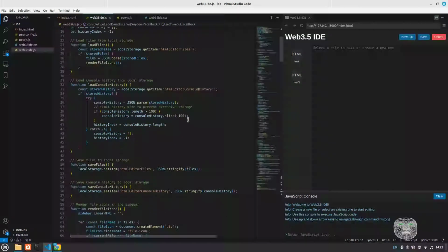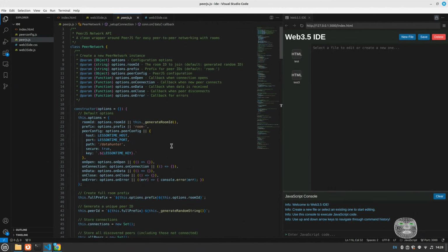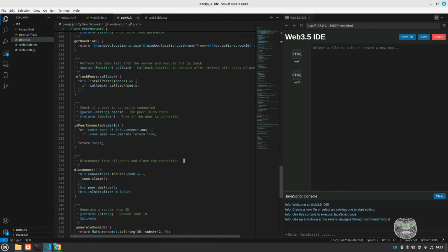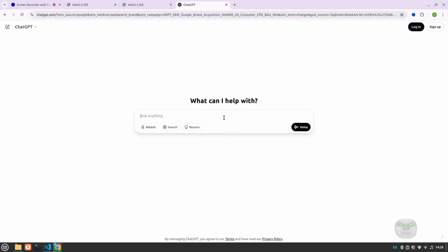Is there a default room here? PeerJS, I think maybe this thing, and room is the prefix. And is there any default room? I think we are not creating, this is an object, we are not creating the object immediately. So let's first create a